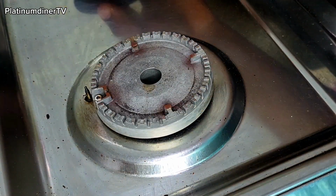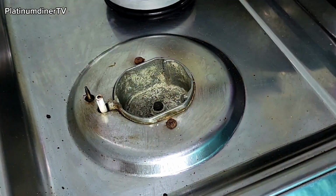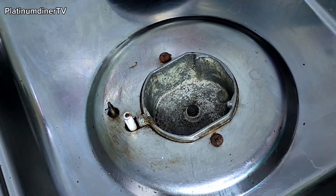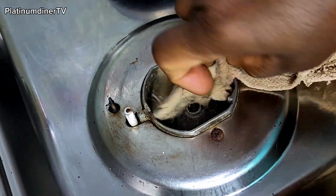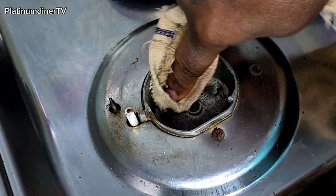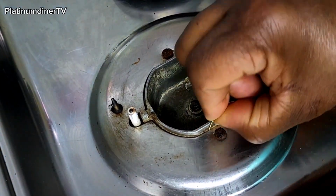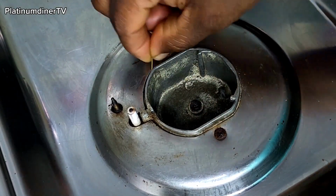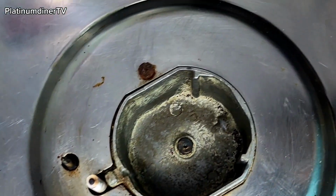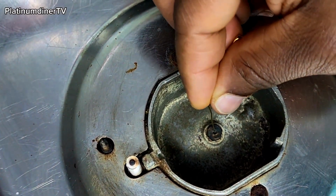I take off the lids just like I did the first time. I clean off the area and I also try to blow off inside. Inside, you can see there are some rusted metal debris. I'm trying my best not to use a very wet rag, just slightly wet, just to clean off the area. And with the help of this napkin pin, remember guys, you can use any slim, sharp object, poke into this